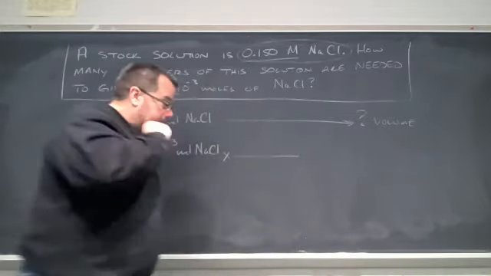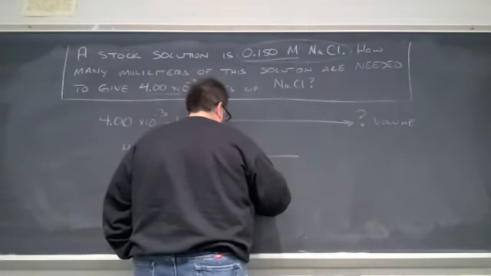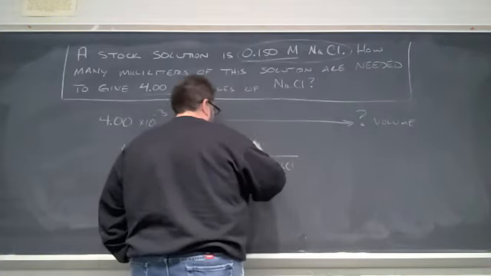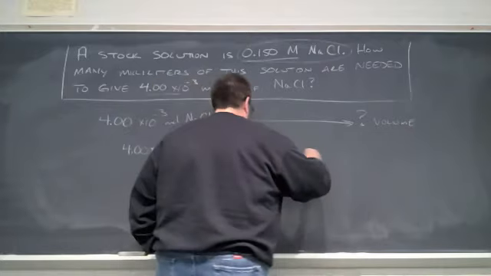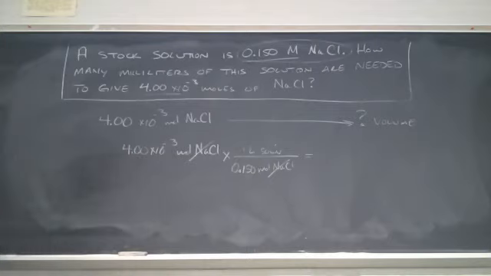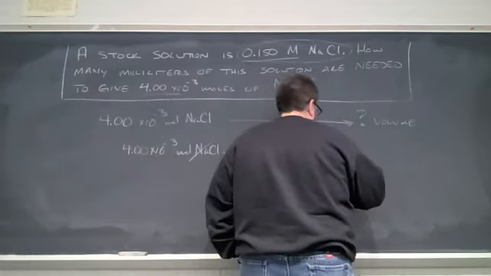So we're going to use that molarity as a conversion factor. And when we do that, moles of sodium chloride cancel. We get liters. And just as we did before,